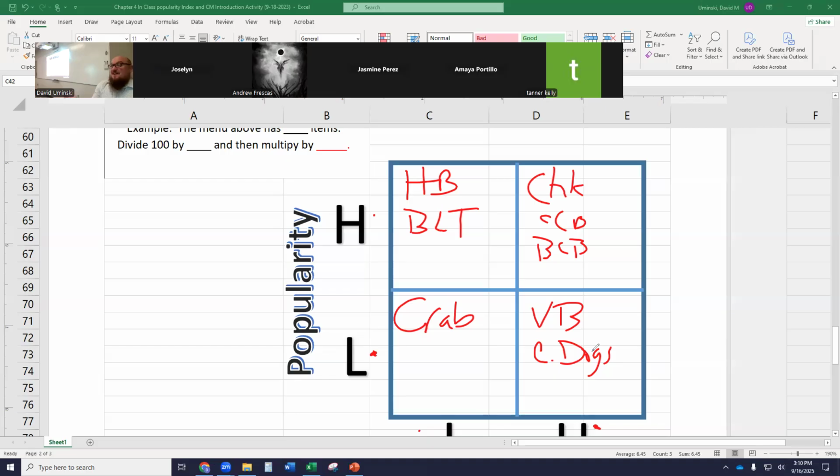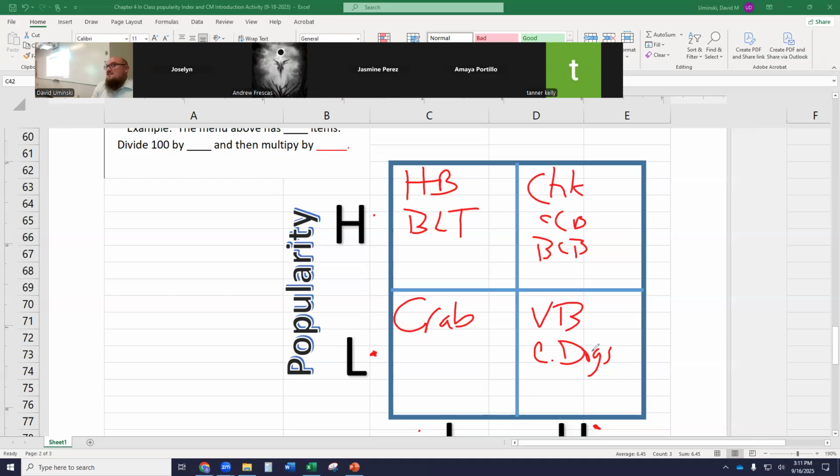It's a kid item, yeah, the corn dogs. And if they're frozen, they don't really take up that much space in the freezer. They have a long shelf life. Maybe we don't order as much, but we still have them on hand. What about the veggie burgers? Vegetarians. It's the only vegetarian option we have, right? So if we get that off the list, then no vegetarians are going to come in, okay?